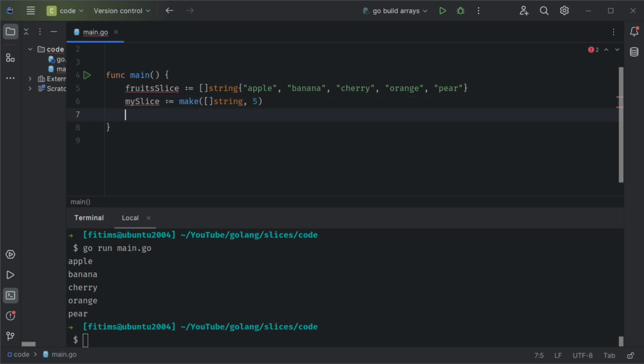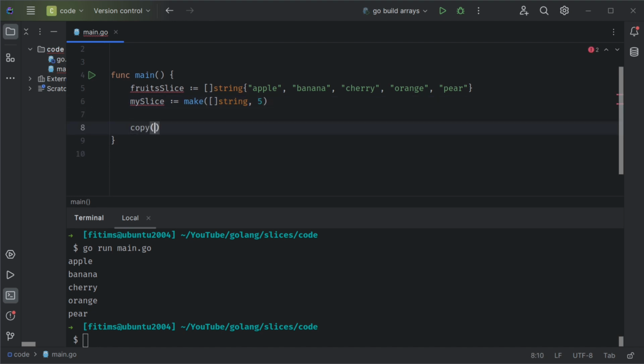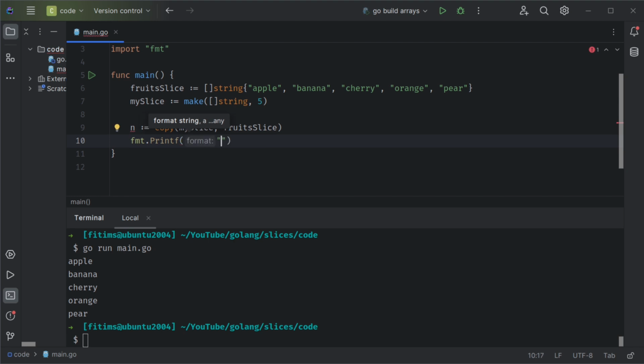And now we will use the copy function to copy. First is the destination, so it's my slice. Then we are copying from fruit slice. Copy function returns the number of elements that were copied from source to destination. So let's get the number as well. And now let's print the details of my slice. Let's do the number of elements copied